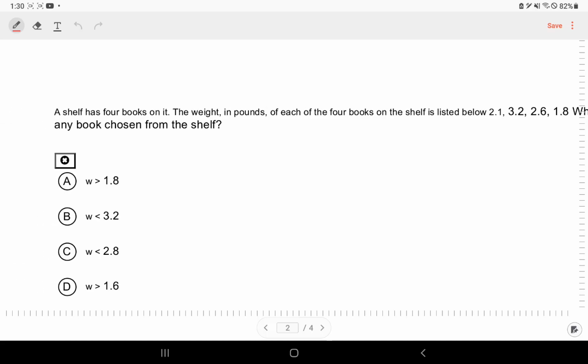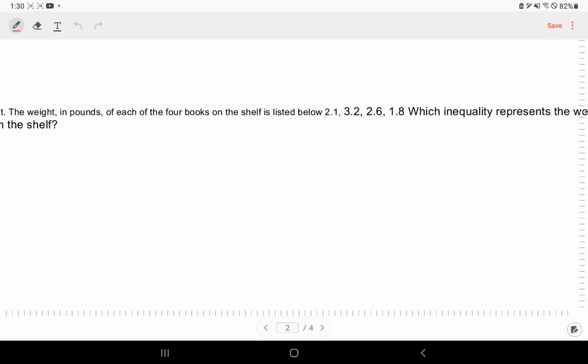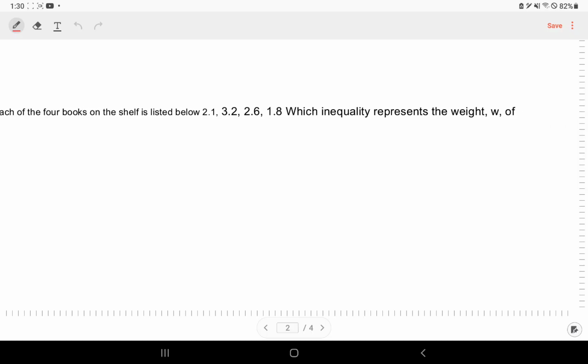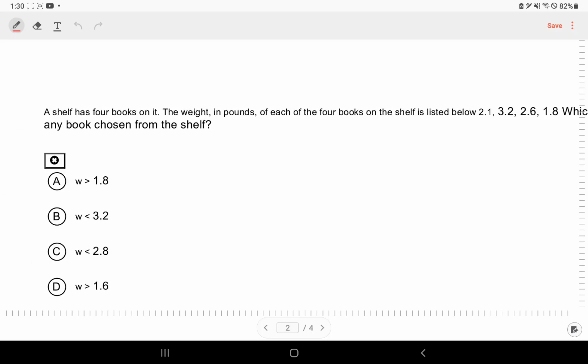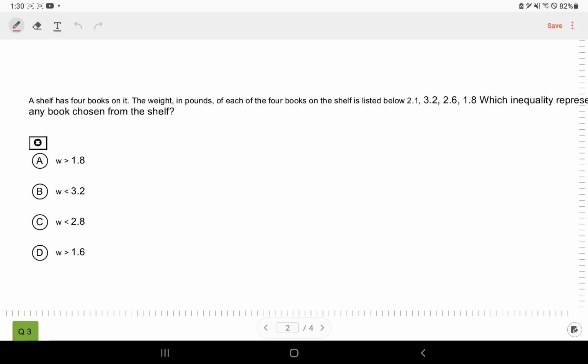Okay. Now, a shelf has 4 books on it. The weight in pounds of each book on the shelf is listed. So 2.1, 3.2, 2.6, and 1.8. Which inequality represents the weight W of any book chosen from the shelf? If I put them in order from least to greatest, I've got 1.8, then 2.1, 2.6,